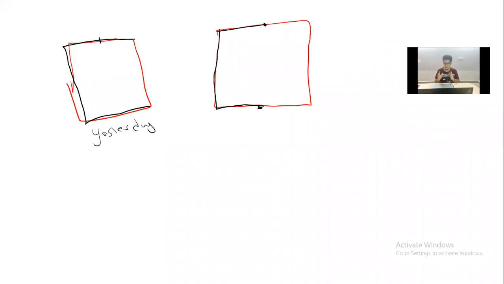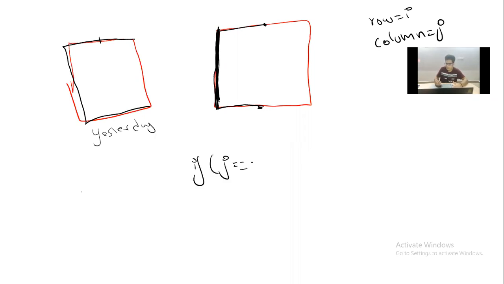Okay, so now let's see how to do it. So here, I have to print this line, right? So is this row or column? This is a column. Column means which variable? Yes, yesterday we have seen, row means I variable, column means j variable. So I have to draw the column now. Column is j variable. So I have to write in the if condition, that is if j is equal to, right? If j is equal to which column? First column or last column? First column. So if j is equal to 0.